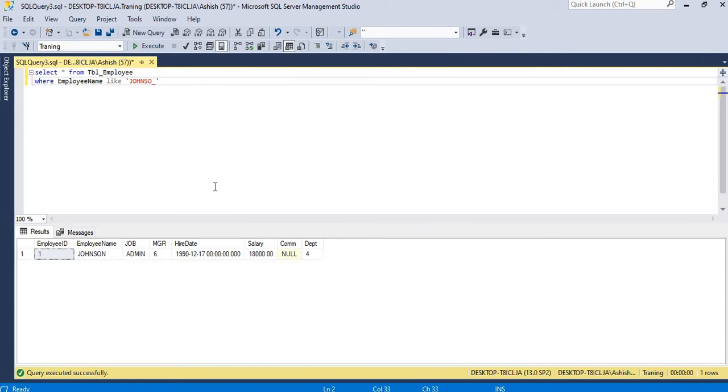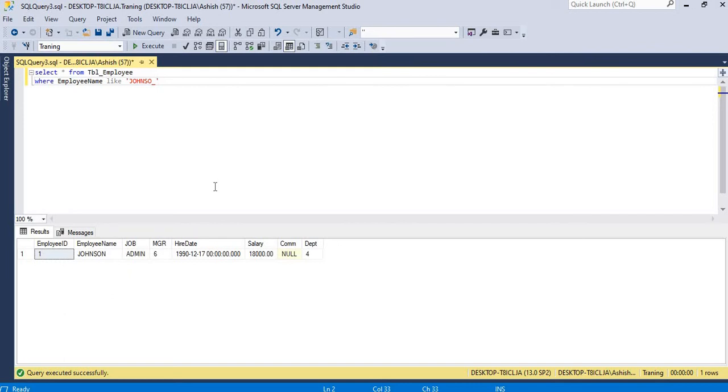If I keep underscore and I don't know what the next value is, it is showing me the Johnson name, because I have given the matching name as JOHNSO, but I haven't given the full name. And this underscore takes only one position.